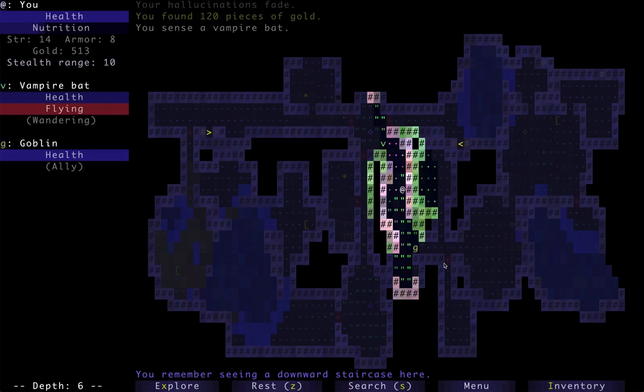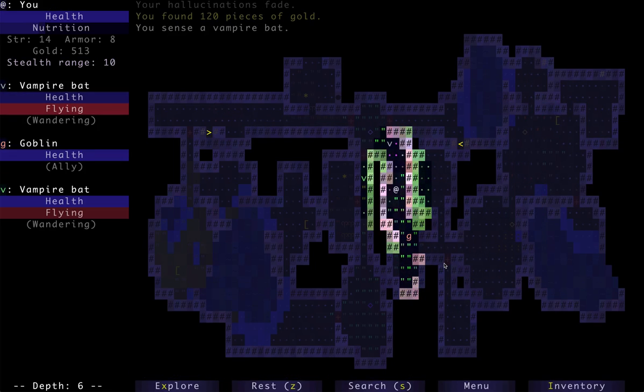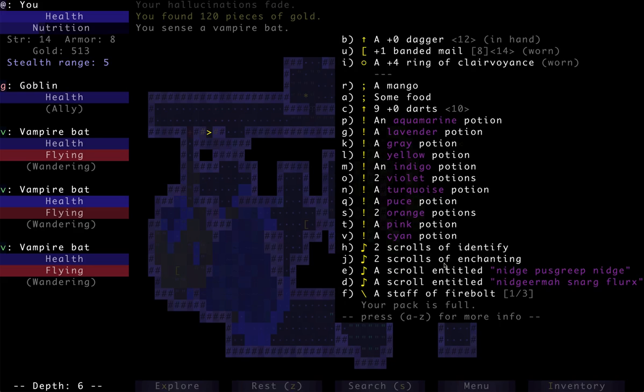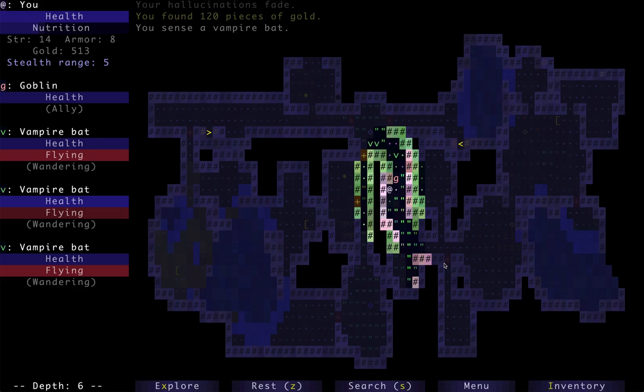Let's go downstairs. Oh boy. We've got the vampire bat, which is wandering. Let's try and get a sneak attack. Oh, he's hunting now. Oh boy, there's 3 of them. This is terrible. This is where I wish that pit bloat were still around. I would have just fallen in that pit just to not have to fight these dudes. Well,